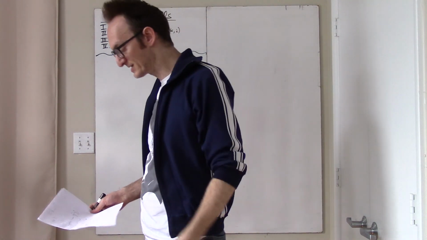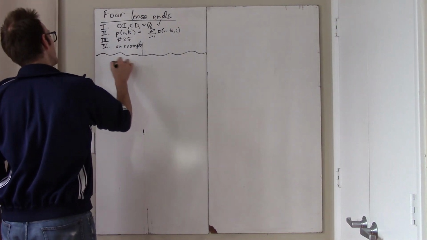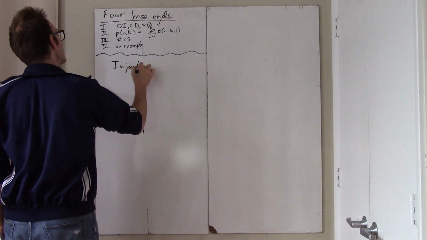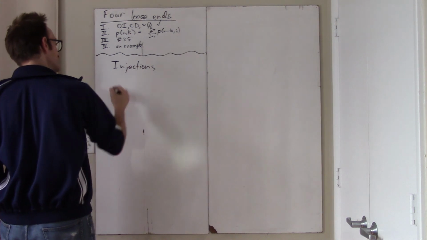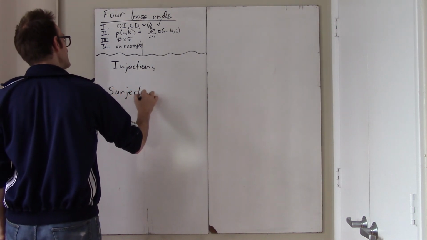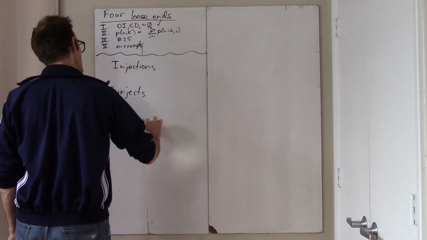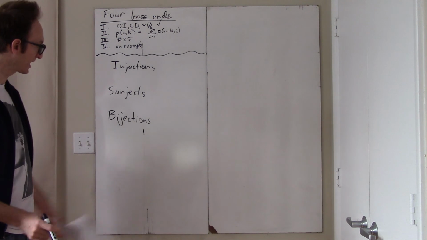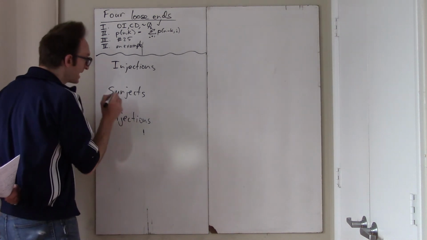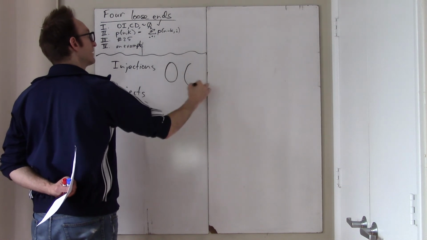It's very hard. It's an example of learning and applying these things called injections, surjections, and bijections. And what are these things? This is kind of a discrete math topic. It's something we talk about in logic a lot. Injections are functions which are one-to-one. So these are functions in which